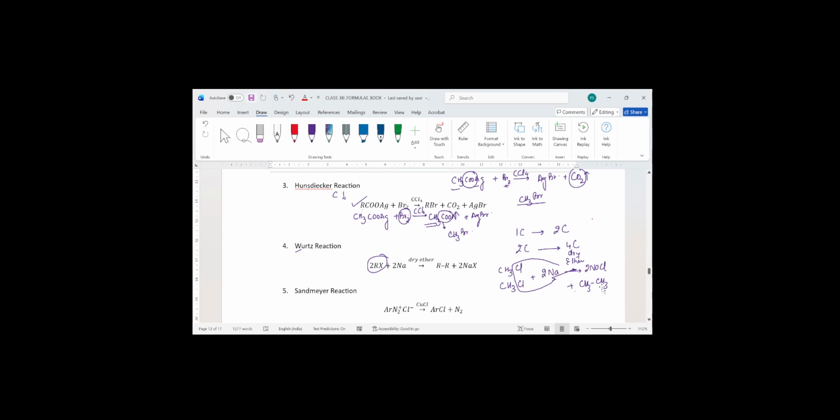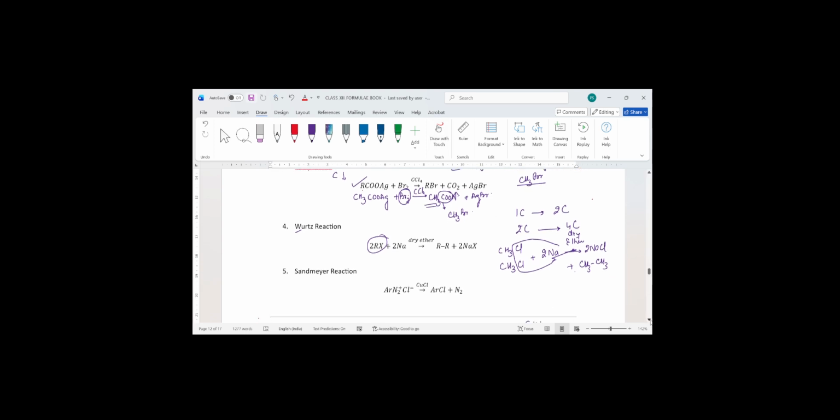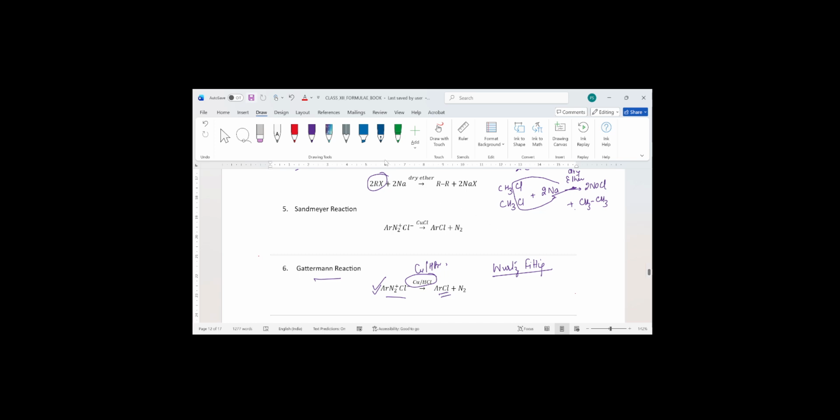Okay, next we talk about Sandmeyer reaction. In Sandmeyer and Gattermann, these two are almost similar reactions, right? There is only difference in the reagent. Okay, so when we take Sandmeyer reaction, we actually use cuprous chloride. So what will happen? You take C6H5N2Cl. So you have taken what? Benzene diazonium chloride. On treating this with cuprous chloride, nitrogen gets released. You get